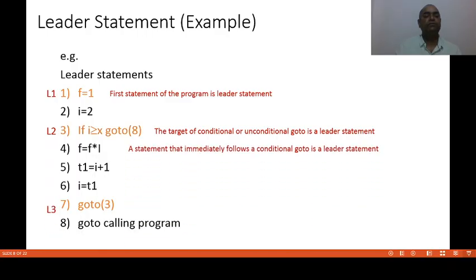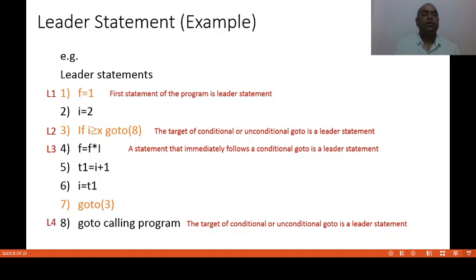So in this program there are 4 leader statements: the first one, third one, fourth one and 8th one. These are the leader statements.